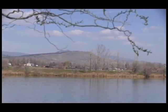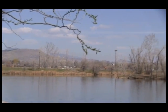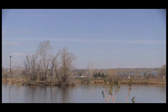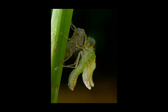The eggs are laid in water, and a larva, a nymph, will emerge from that, and they will live in the water 3 to 5 years. And they're also voracious hunters, and will eat other larvae and other eggs and that kind of thing. And then some mysterious